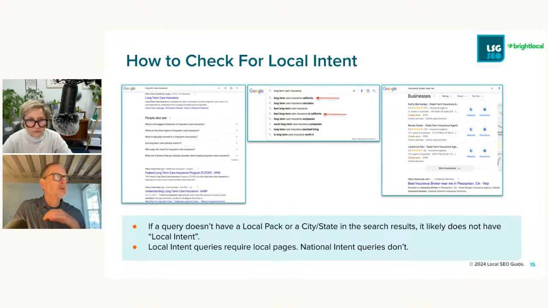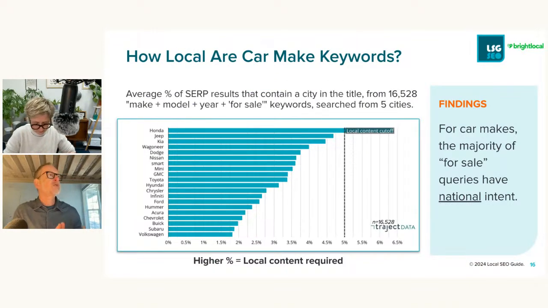And so you want to do this analysis either in an ad hoc way, like I'm showing in the slide, just do quick searches, or do it like, okay, let's look at 10 million keywords and see what we see. And for a big multi-location national site, you want to look at the 10 million keywords just so you're really confident you've got the right data. So the way we do it is we draw an arbitrary line as to what percent of the search results are local. In this case, we said local means that there's a city present in the title of any of the results in the top 10 results.